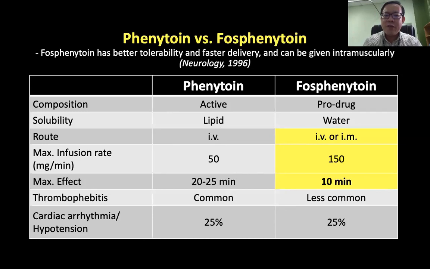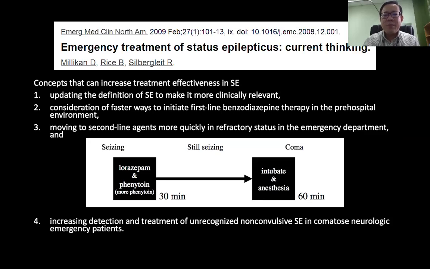So if we only have phenytoin in our hospital, how can we give phenytoin fast? This is one of the important questions that we have always asked. So one of the good papers, which is a conceptual paper that I have quoted many times, is this. The paper says we don't use first line and second line terminology anymore. We don't say diazepam is first line, phenytoin is second line. This paper said we give them together. First and second line, give together.